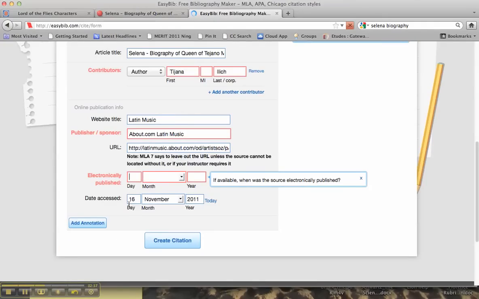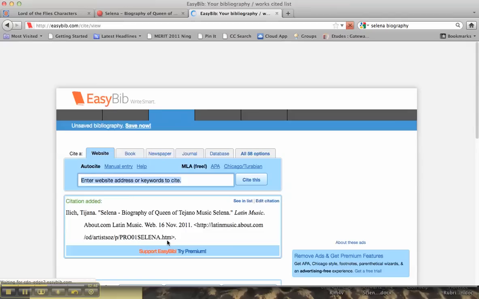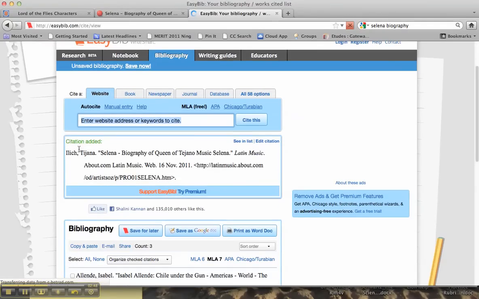because I don't know. Then it says the date accessed, so the date I went to the page, and that is today. That's the day I'm doing it. And once I fill in all the information I know, I do create citation. What it does is it gives me the citation that I'm going to copy and paste into my Works Cited